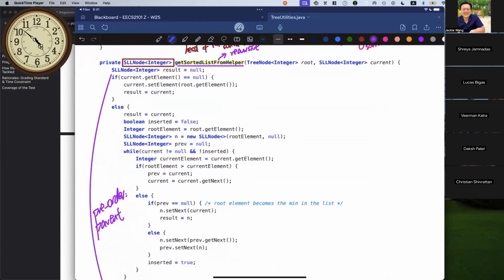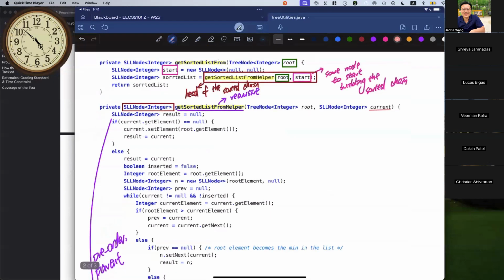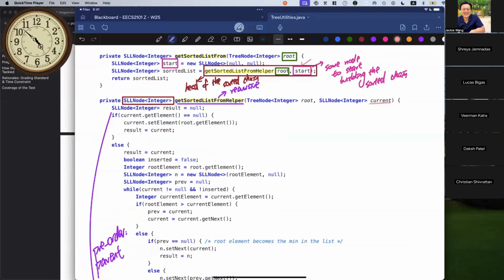You will see that over here, let me first of all point out the following. There is some if condition here. We say if current, the current is really the SLL node we're passing, right? You can see here we initially pass some start over here, and for the start, it stores null for elements and also null for the next, just to begin with.